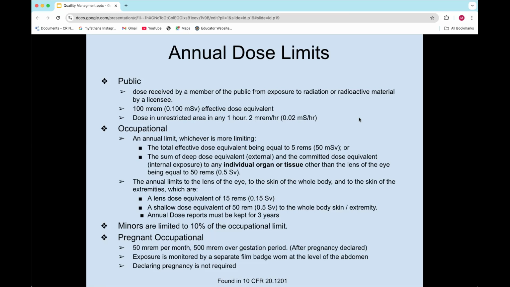Look in some of these books. Also, your Waterstrom book has some good graphs that condense this down into simple charts as well. So I would look at both of those. But essentially, when we talk about public annual dose limits,